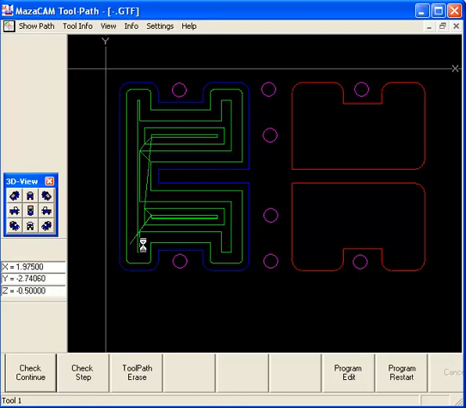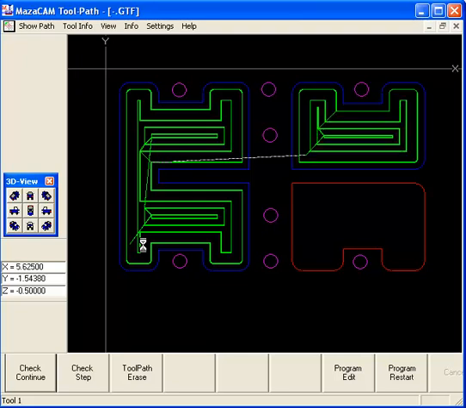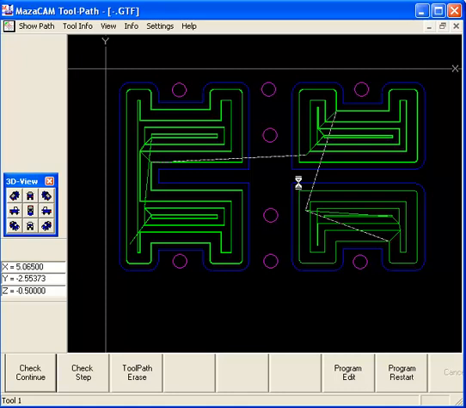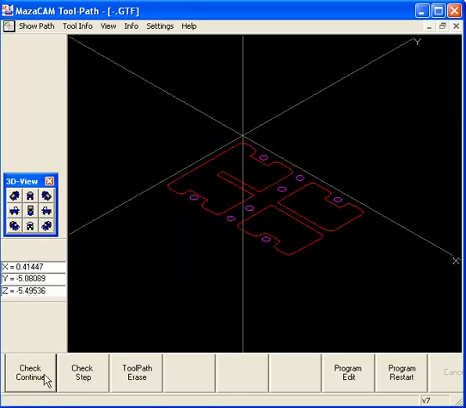And it shows you the tool running around, giving you an idea of what that tool motion is going to be. We show the rapids with that dashed line right there. And so on. The other thing we can do is go to different views just by clicking on this toolbar icon over here. Do it like this.